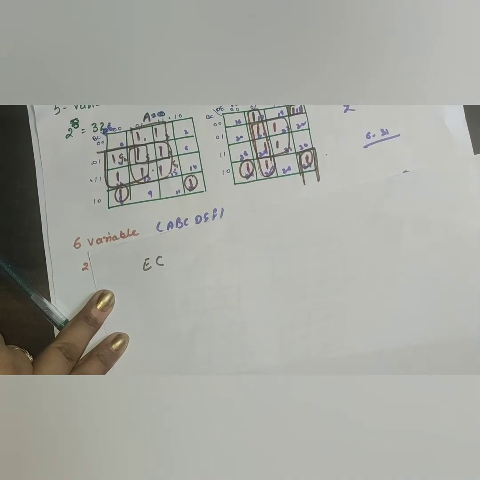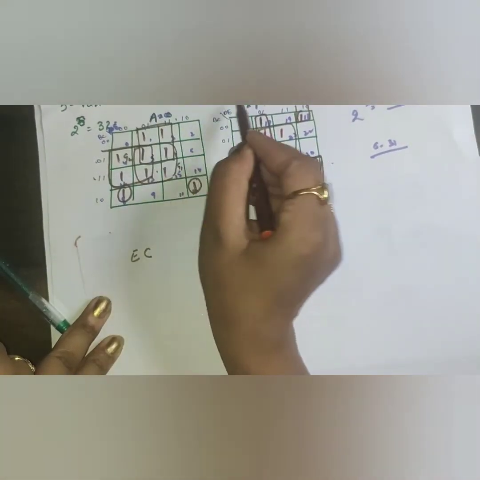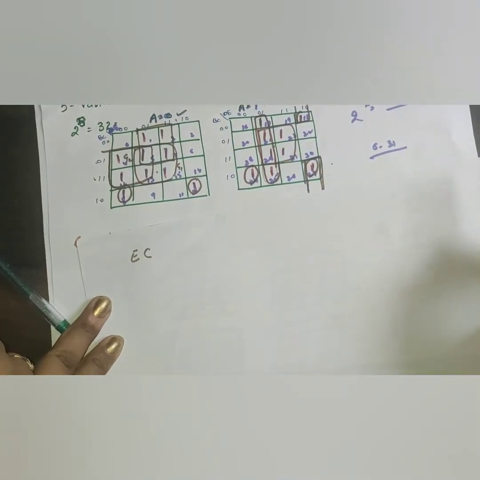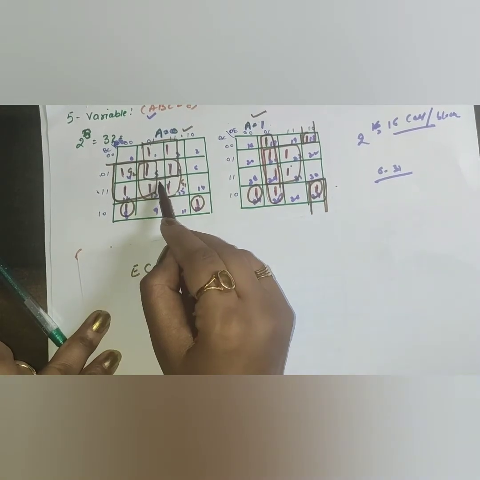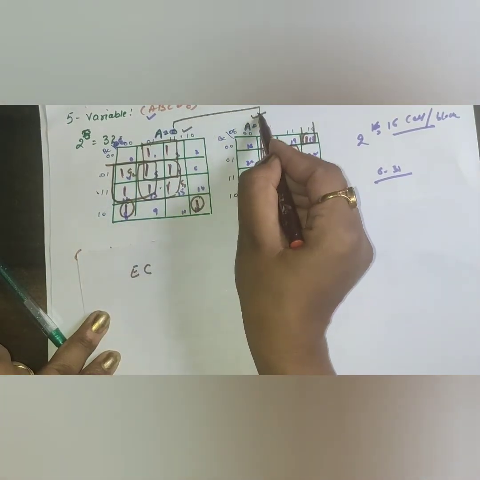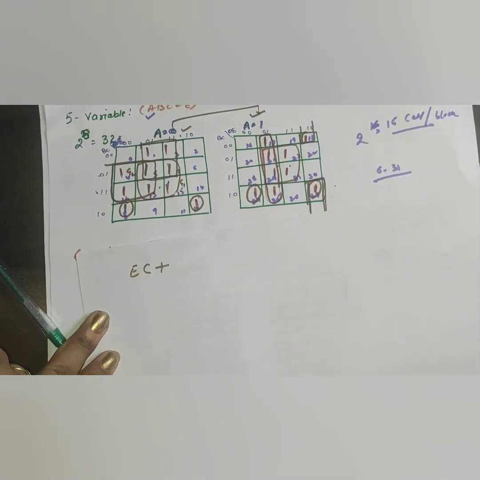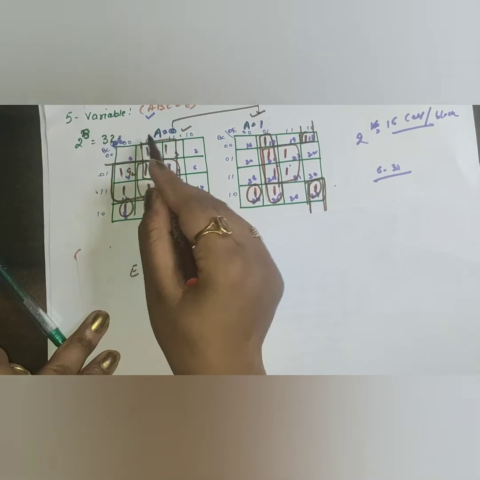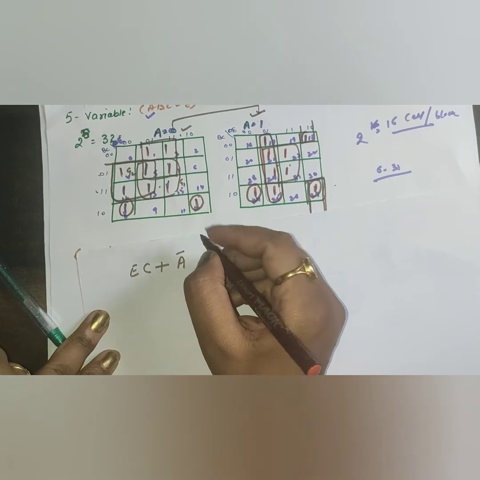Now one more position is also there. You should remember, all students make some mistake. This is also a variable here, A equal to 0 and A equal to 1. But if we group from this to this, A is going 0 to 1, so this is eliminated here. Now plus, we will talk about another group. Let's suppose this group. In this group you can check A equal to 0. That's why A bar.